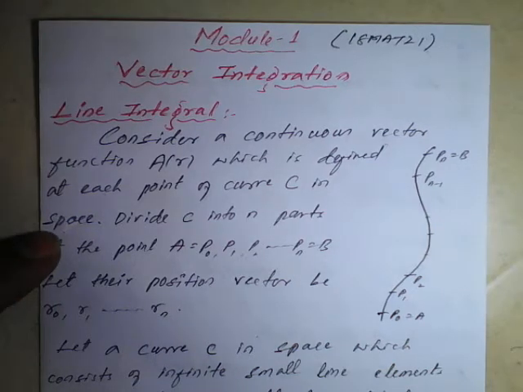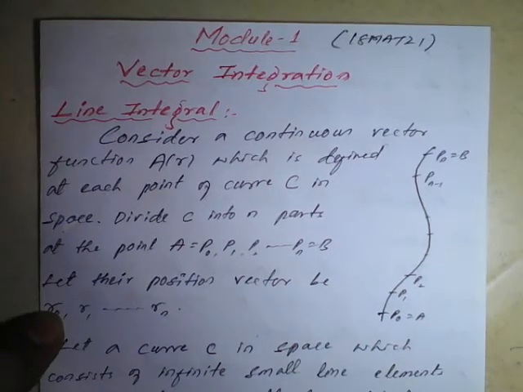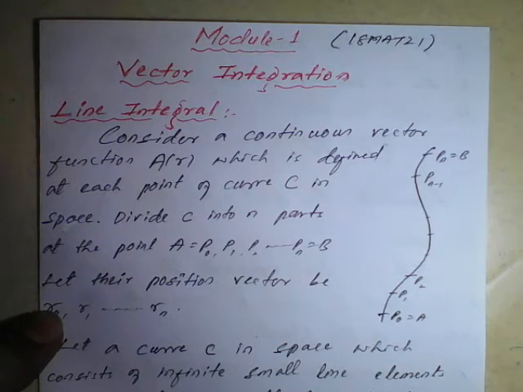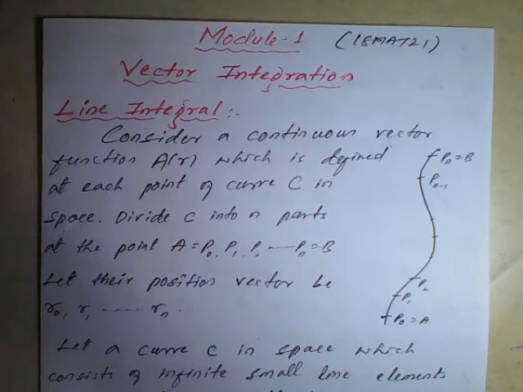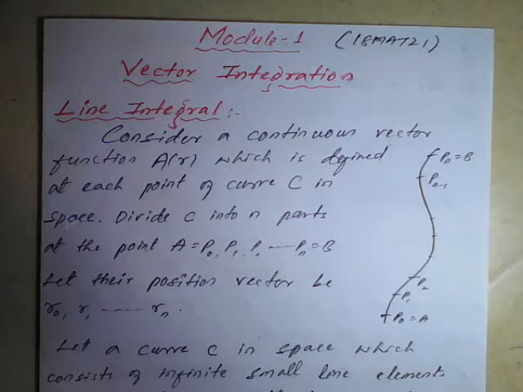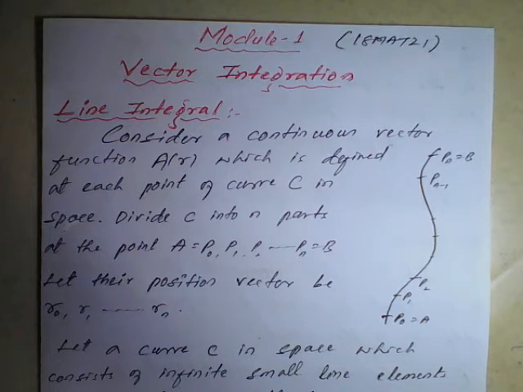Good morning, dear students. In Module 1, we have two parts as per the syllabus. First one is vector calculus and second one is vector integration. In vector calculus, we have seen gradient, divergence, curl. Then with the help of gradient, divergence, curl, we have seen the examples based on solenoidal and irrotational. And in irrotational we have seen how to find scalar or vector scalar field.